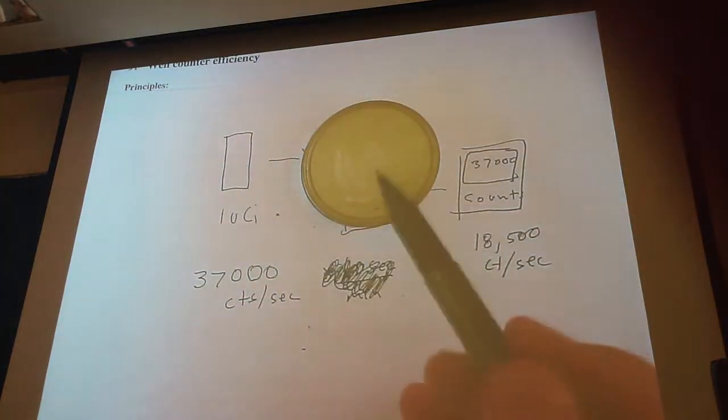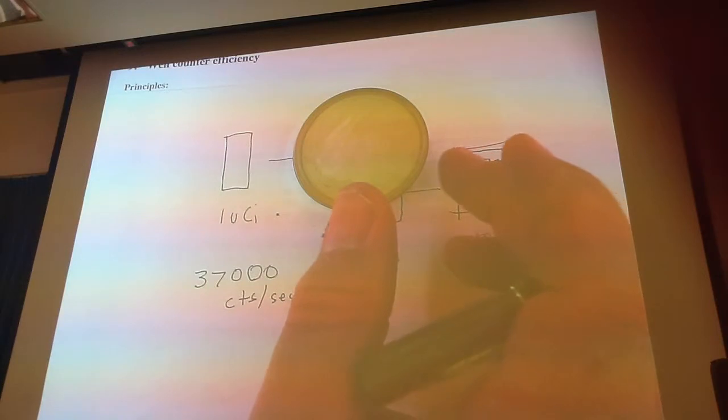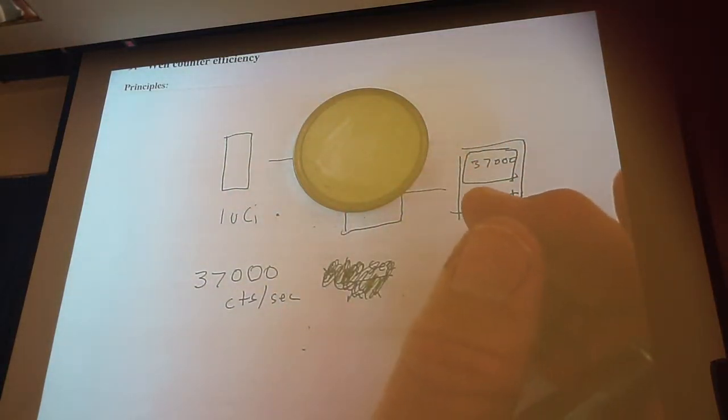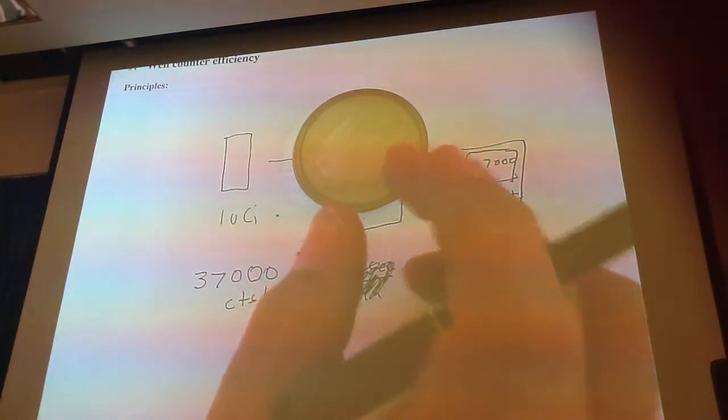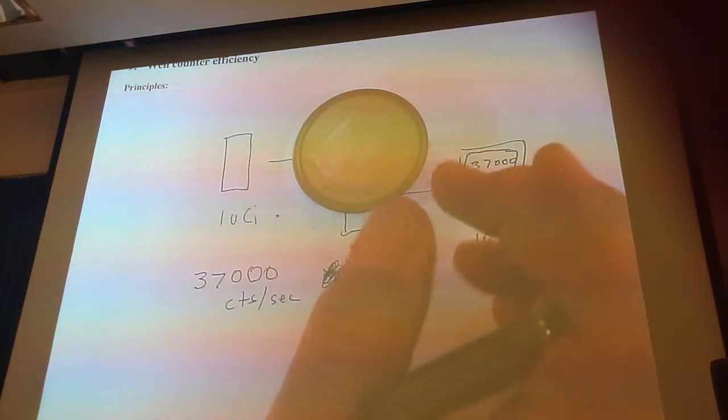This is the crystal, it should be white. Well, actually, crystals are not white. Does anyone know what color the crystal is? Clear. It's clear. So you're not seeing the crystal. What you're seeing is what we call the reflecting powder. Because what they do,